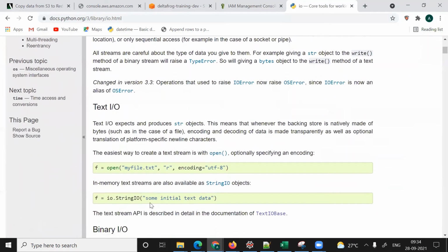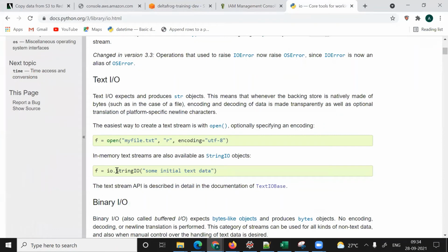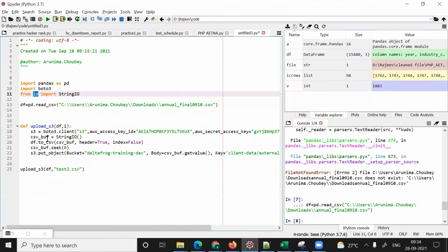For text, if you see here, IO StringIO is there. What StringIO is doing is streaming your text into memory. So we're creating one variable, an object of StringIO, that will keep your data in memory.